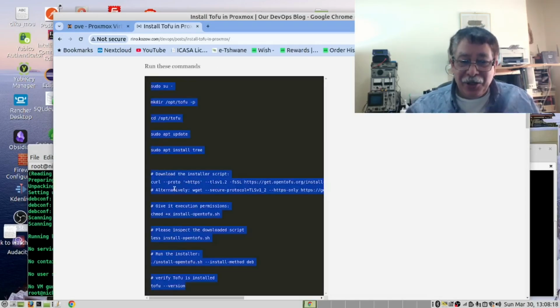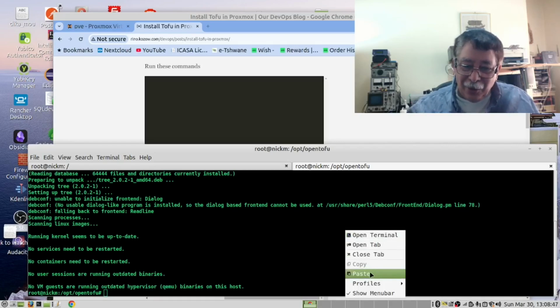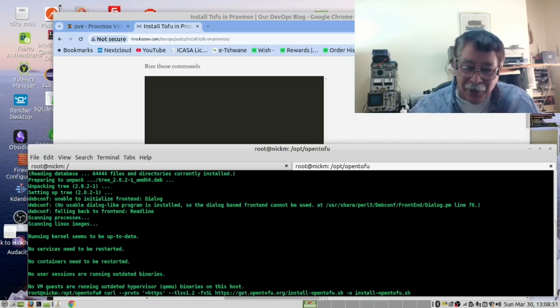In this section in our blog are the instructions for what we are going to do. So the first thing we want to do is to pull down the OpenTofu install file. We run this command.